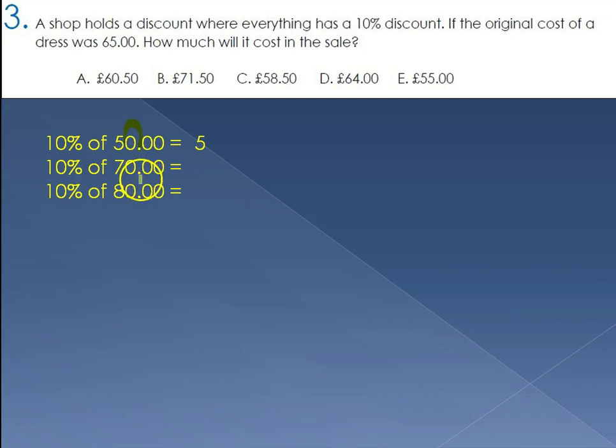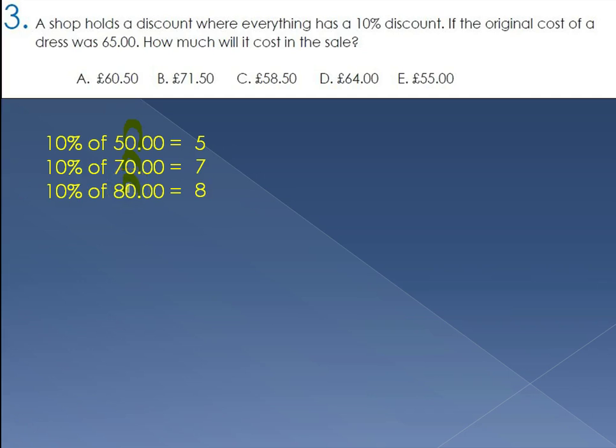If you're finding 10% of 70, for example, you could move the decimal point. Imagine where the decimal point is of 70. Move it over, it's going to get 10% smaller. The decimal point will go there, so the answer is 7. 10% of 80, again, it's going to get 10% smaller. You move the decimal point over to the left hand side, it's going to get smaller, and 10% of 80